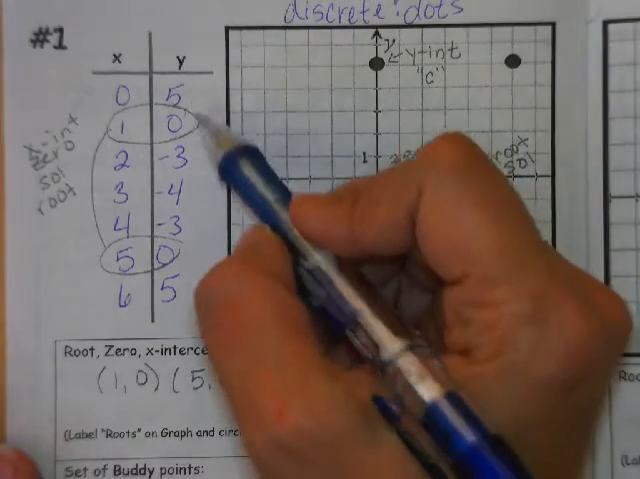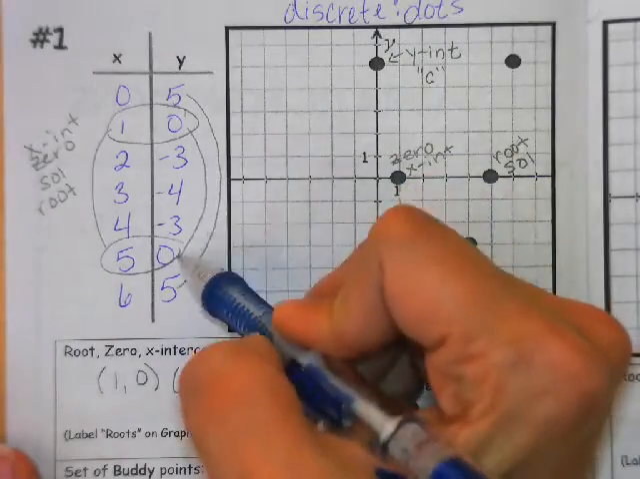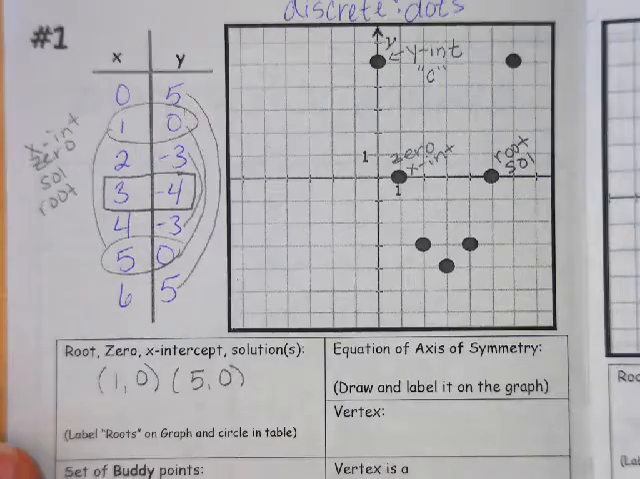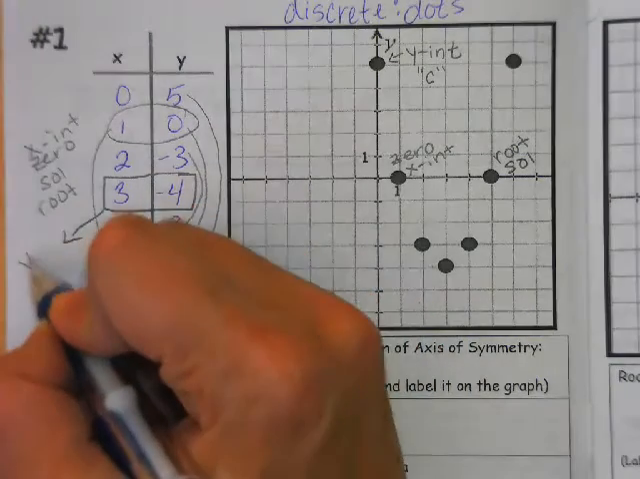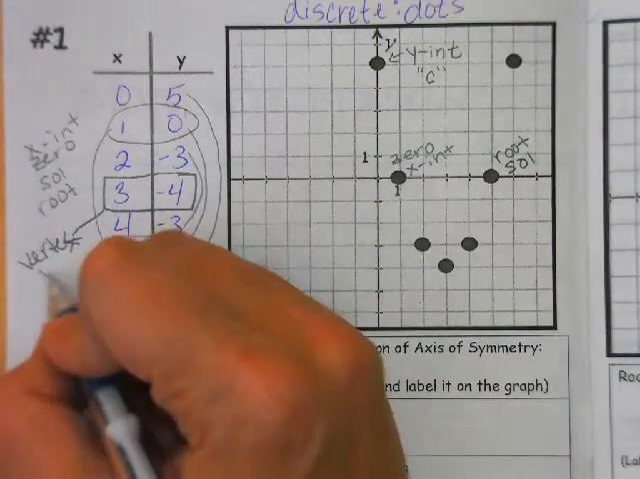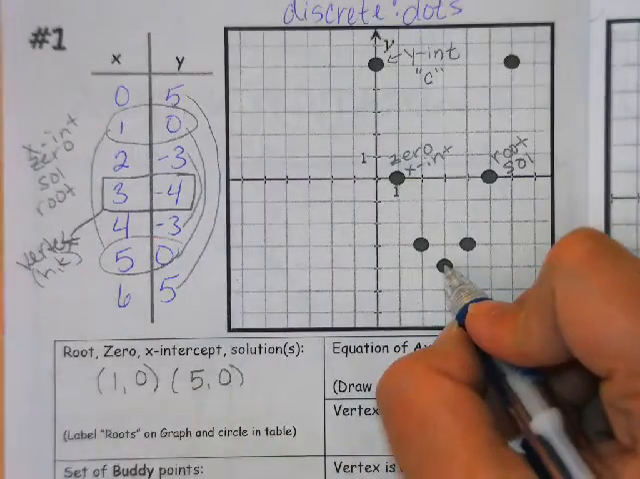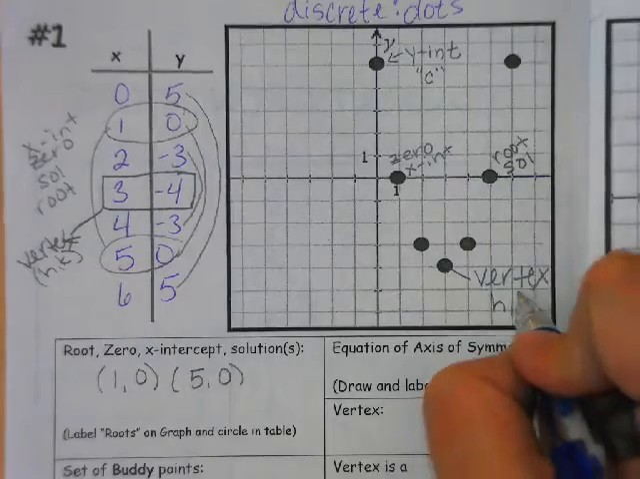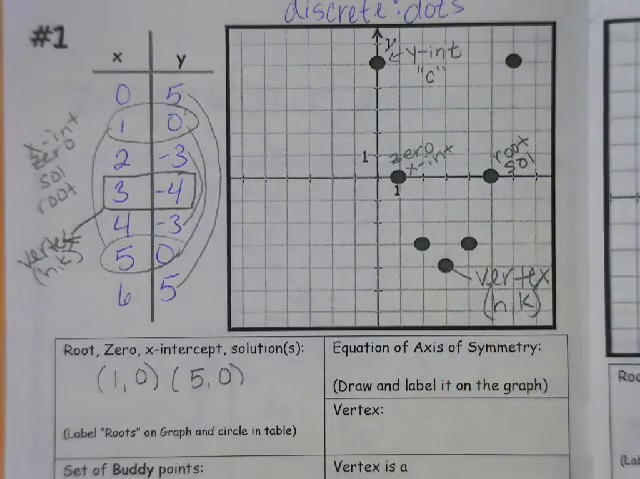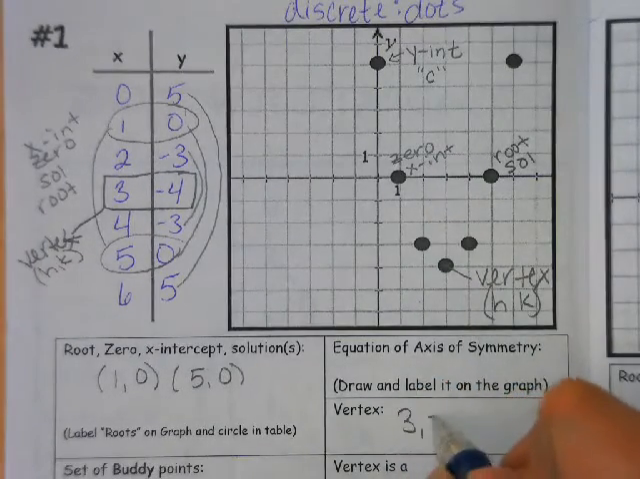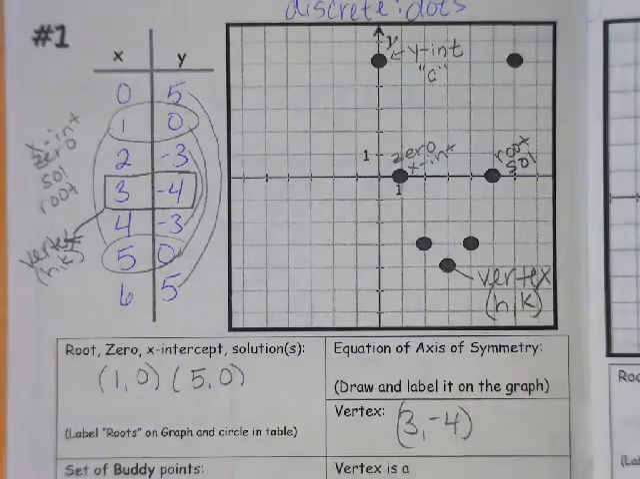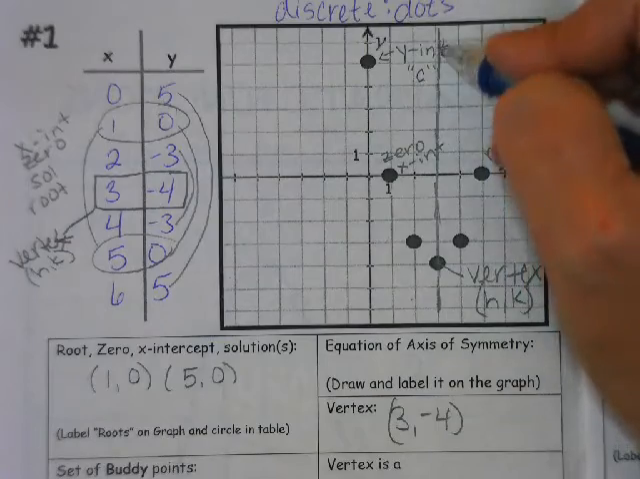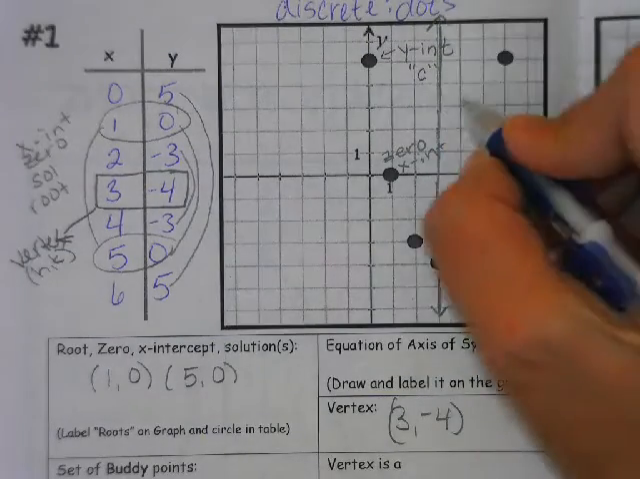All right, what else do we have on here? I want you to notice we have buddy points here and here, here and here, here and here. This one does not have a buddy point. If it doesn't have a buddy point, this is going to be our vertex, our (h, k), because it doesn't have a buddy point. This is where the parabola changes direction. So this coordinate, (3, -4), that is our vertex. We can draw